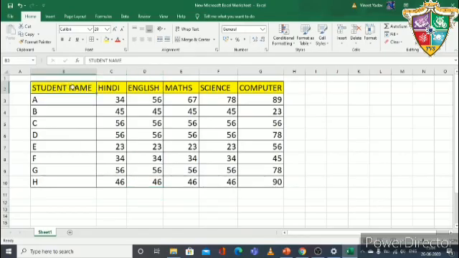First, if I want only student name and computer, like this. See, I am clicking here on student name. Press the control key on the keyboard and select it. Now I want the computer one also and select it like this. See, the selection is done in the student one and the computer one also, means both are selected. Okay, so these are the selections, how to select the cells or rows and columns in Excel. So thank you so much.